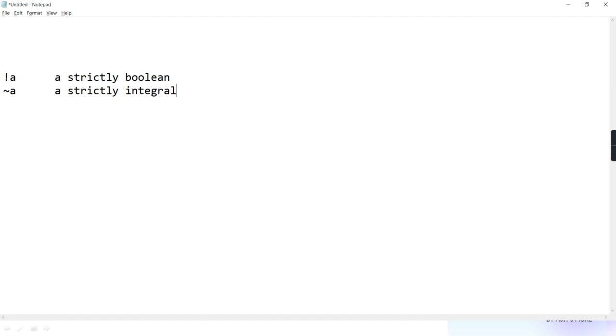Integral means whole number. But when you are writing A and B, A or B, or A caret B, A and B can be both integral or both Boolean.